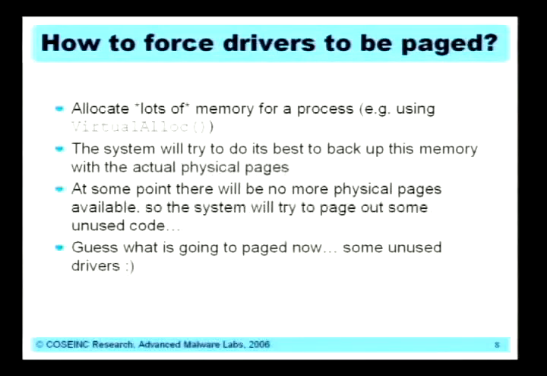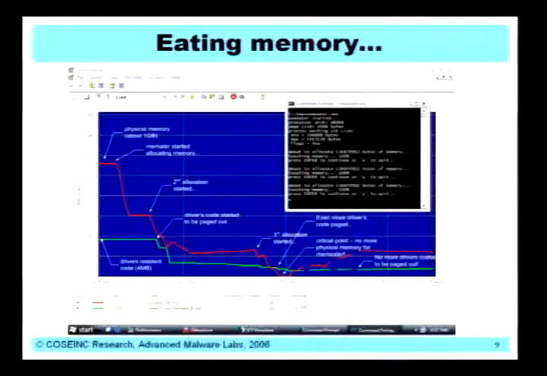The first challenge is how to make sure that we actually force the kernel to page out interesting code sections into the page file. The easy way to do this is to just call a standard allocating routine like VirtualAlloc, which again is a perfectly documented function in the SDK. When some user mode application starts allocating more and more virtual memory, the system will try to back up this memory with physical memory. And as we will see in the next slide,